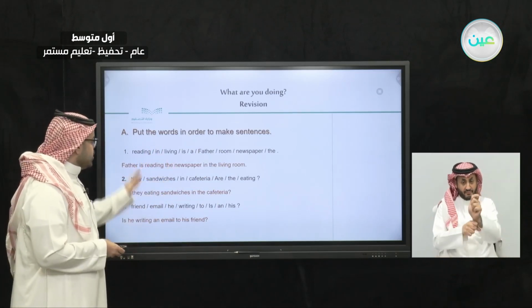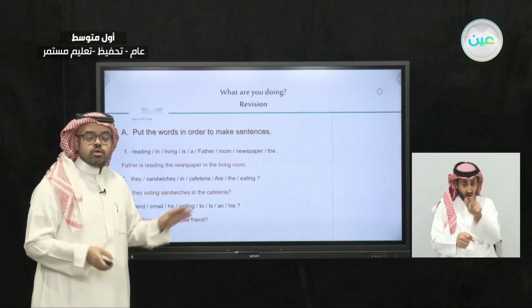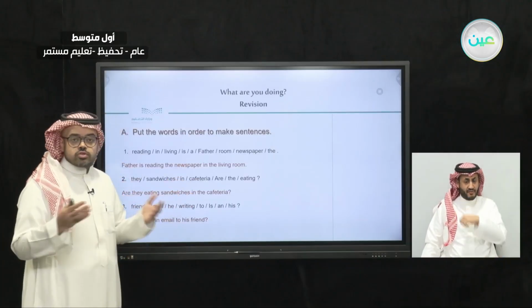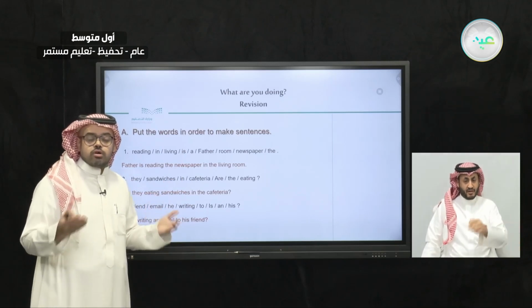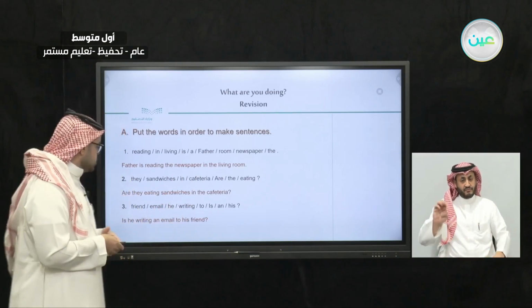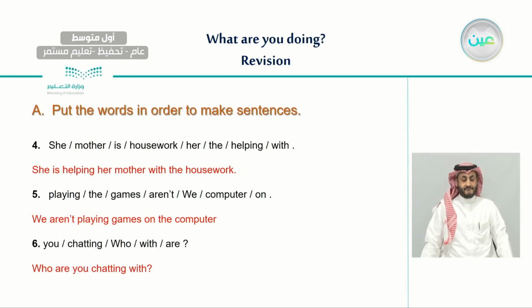We said number 1, we have too many words here, but we should start, as in the English language, with a subject. And in this case, the subject was the father. And also, if it was a question, we said that we usually start the question with a verb to be or a double-edged question, like for example, number 2. So this is the exercise that we answered in the last lesson. And also, this is a completion of the exercise.